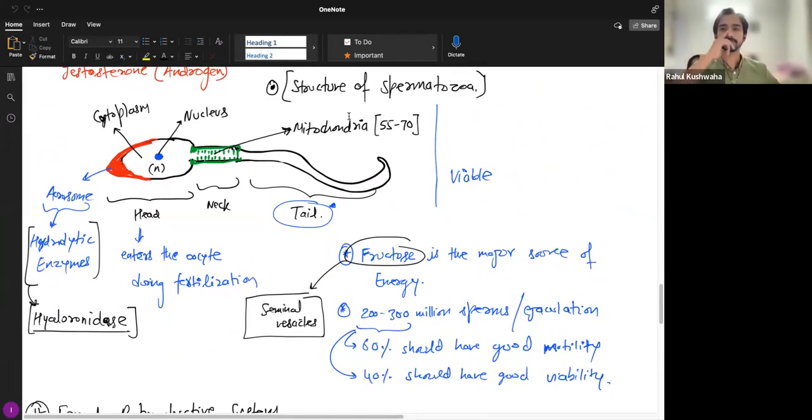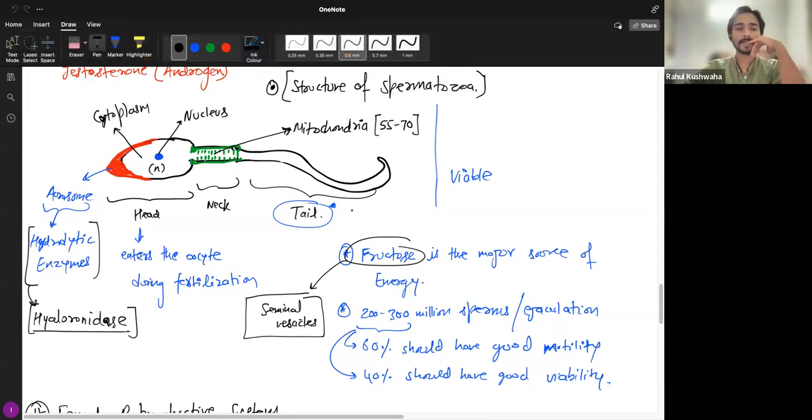So last class we continued studying in detail about sperm. Firstly, sperm rely on fructose. Fructose is the major source of energy, but not glucose. Fructose is released from the seminal vesicles. There are about 200 to 300 million sperm released per ejaculation, and there are also disorders related to this